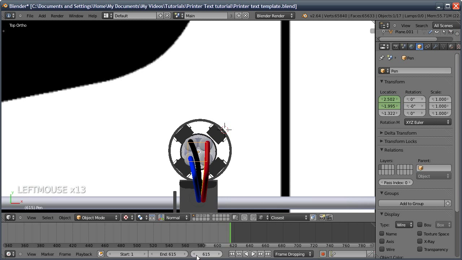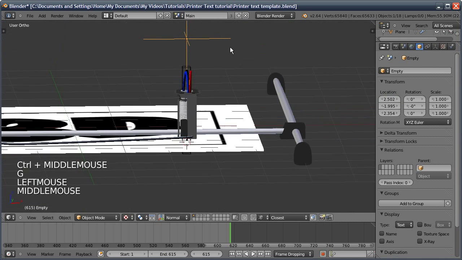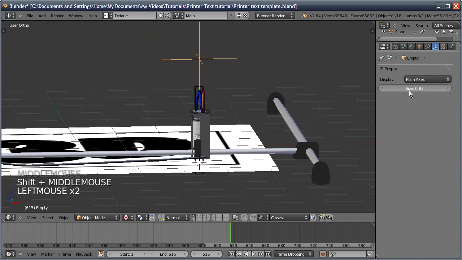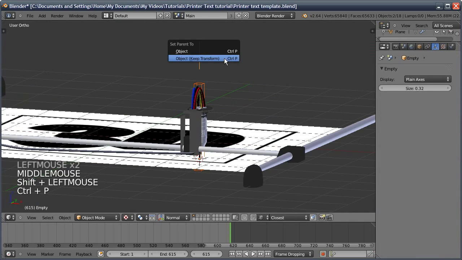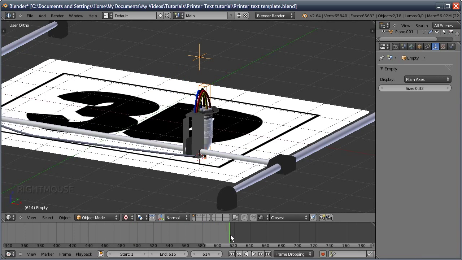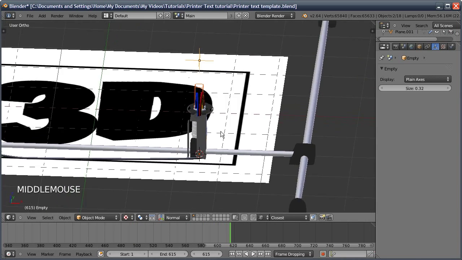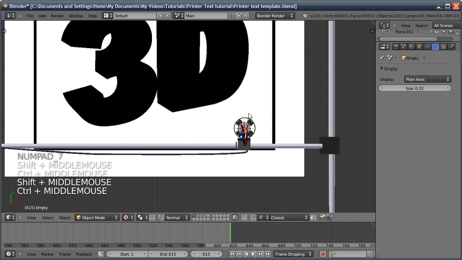So I'm just going to go to our last frame and press Shift S, cursor selected, Shift A, I'm going to add an empty, I'll then move it up, you can see it, and I'll scale it down a bit. And I'm then going to parent our pen to this object. It doesn't affect the rest of the animation, but when we get to frame 615, it's this object that we're going to continue to animate. So I'm going to put a keyframe in here,